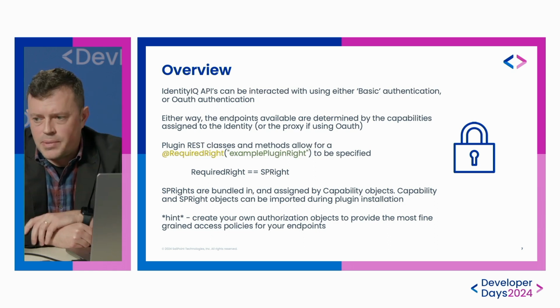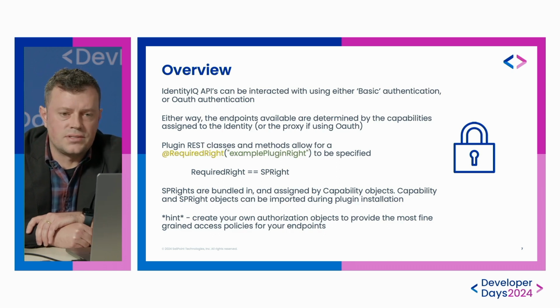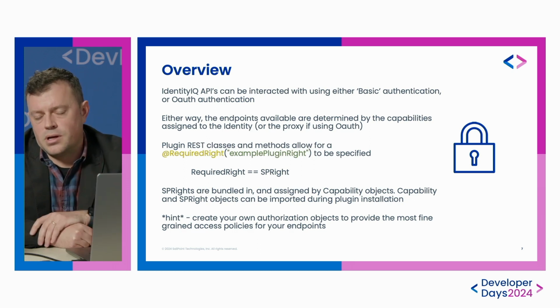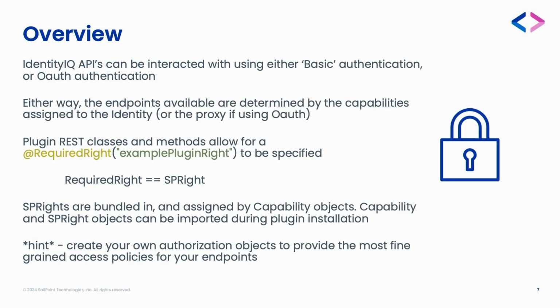There's an example on the PowerPoint right now on how we would code that as an annotation in the actual REST class in your plugin. Basically, you specify which SP right is required to access either all of your endpoints or specific endpoints that you're going to create. Those are assigned through capabilities. The plugin framework itself has the ability to import XML objects. So inside of your plugin, you can create your own capabilities, your own SP rights, and bring those on into Identity IQ. The important part is, once they're in your Identity IQ instance, assign those to the user who you're going to be authenticating with. All right,